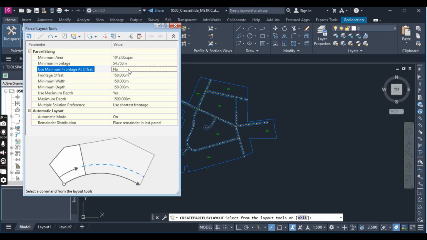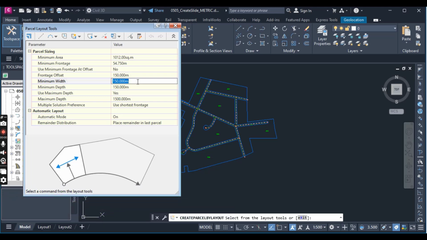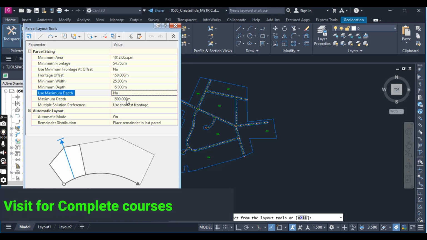We will select no for now, and for minimum width frontage offset leave it; just minimum width should be 25 meters and minimum depth should be 15 meters. For use maximum depth should be no, and maximum depth you can leave as the default value since this will